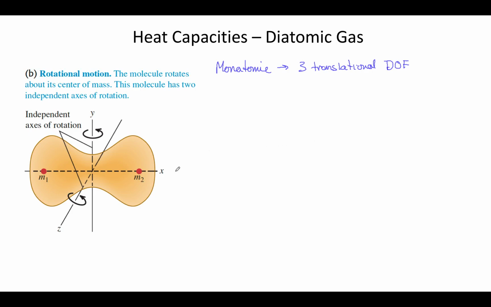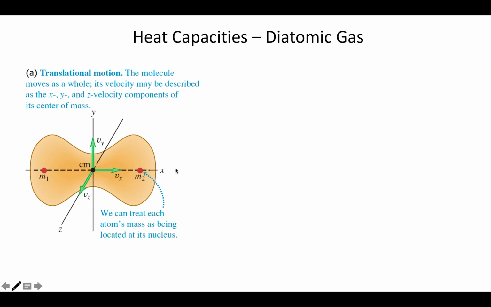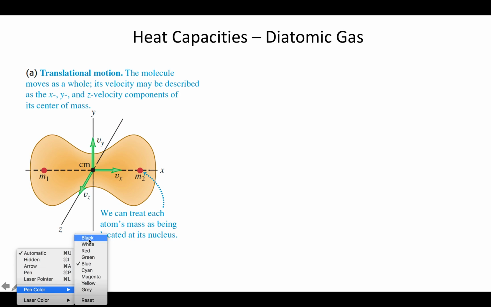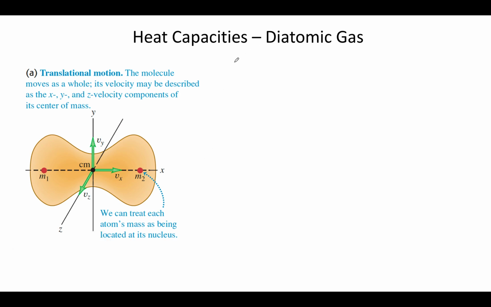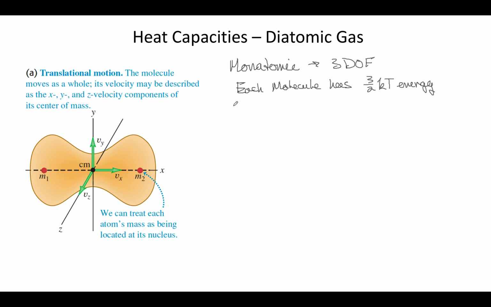Your monatomic gas can move in, let's try this, in 3 dimensions. It has 3 degrees of freedom. It can't rotate, it can't vibrate. And so three degrees of freedom means that each molecule has 3/2 kT energy. Therefore,